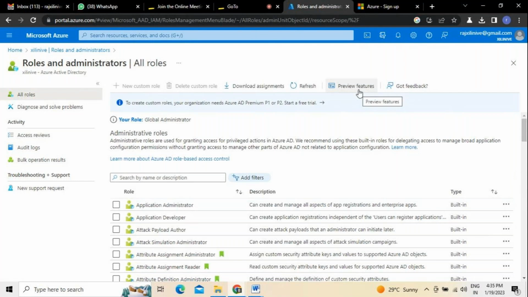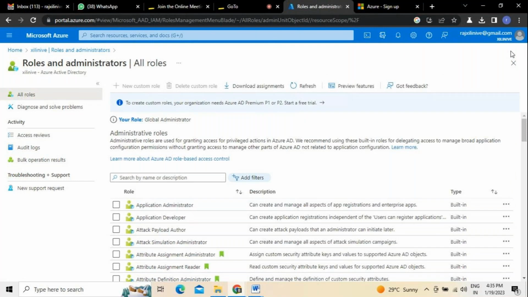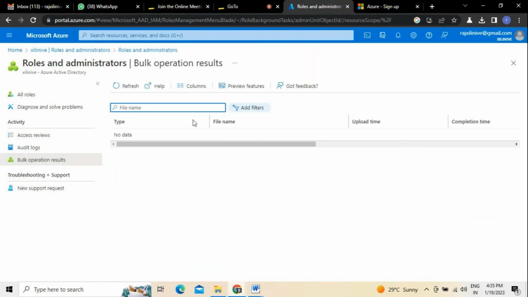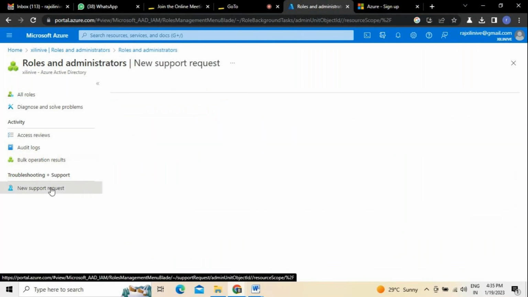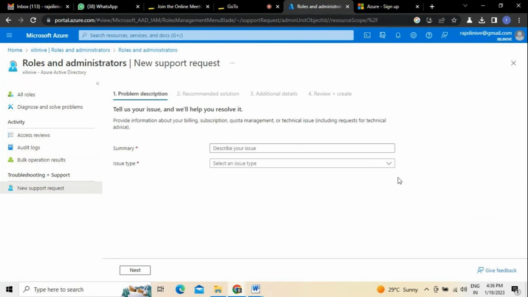At the same time, if you want to have any private features, of course, that's not something more relevant, because the features relating to the administrative part can all be seen here. We can also see bulk operation results, as I mentioned some time back. Apart from that, if you want to see any support request in reference to a problem description, for example, if a problem has been identified and you want to see a description of the problems, this information has to be selected.